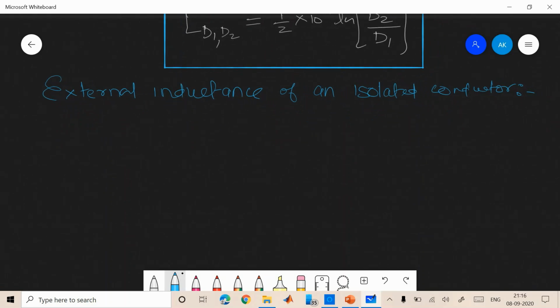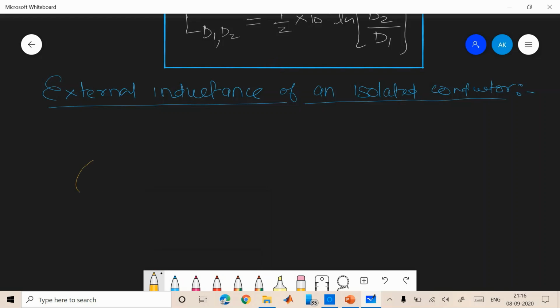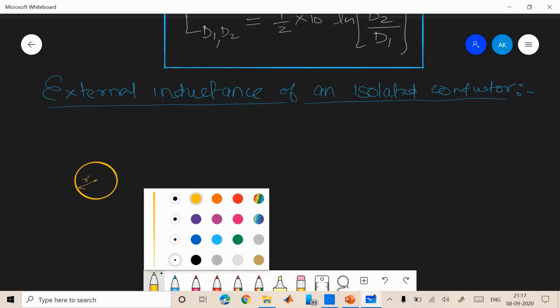So simply in the integration limit we will just replace d2. Suppose let us consider a circle here. This is your conductor of radius r. Okay, this is your radius r conductor, and suppose you want to